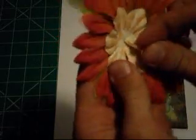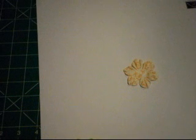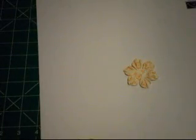So I'm using one of the Prima flowers, and what I'm going to do to this Prima flower is some glimmer misting. I'm just going to lay down my flower right here, and I have a couple different glimmer mists here that go with the collection. If you guys can see these: Meadow Green, Latte, Vintage Pink, Cranberry Zing, Golden Terracotta, Wheatfield, Iridescent Gold, and Silver Sugar. And I'm going to distress this one with some of this